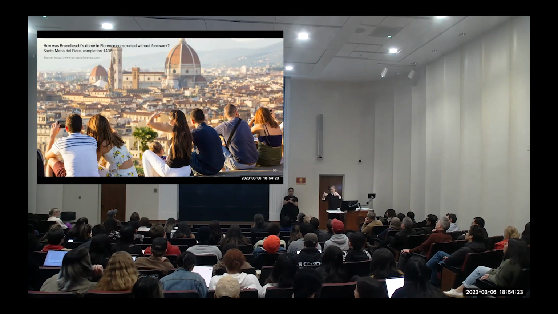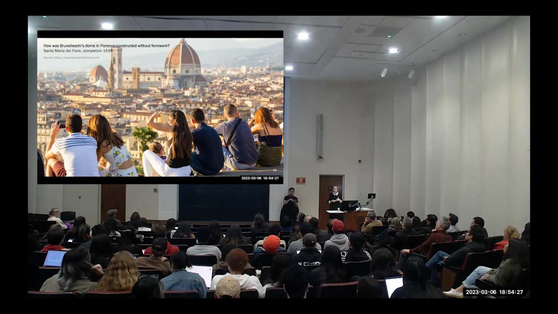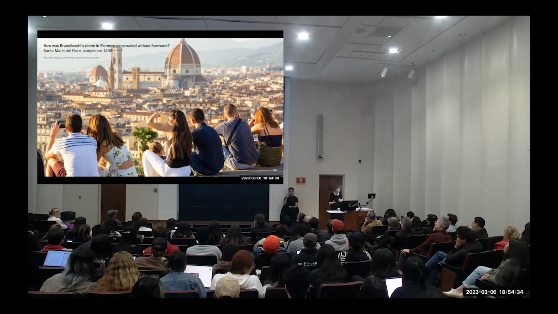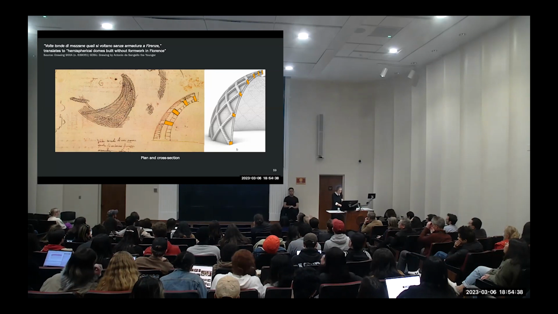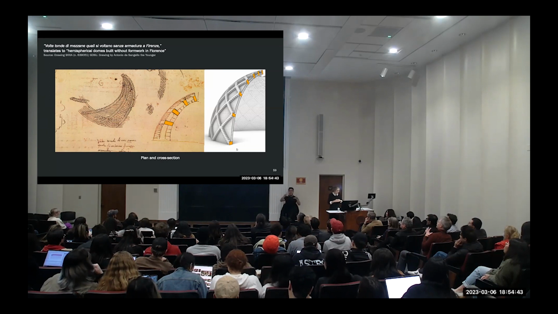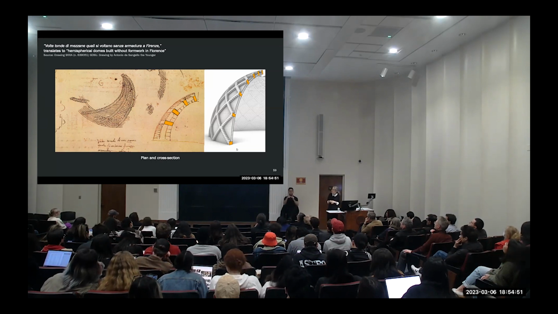So in manuscripts, we have found that Brunelleschi built this without formwork, but actually nobody really knows how this is mechanically possible, right? So we know that he did it. This was in literature, but nobody had figured out how this could be possible. So from that time, there are drawings like the one on the left-hand side. This is a drawing by the Sangalo family. The Sangalo family was a guild of masons. They built a lot of Renaissance domes in that area, Italy. And this drawing is from them.